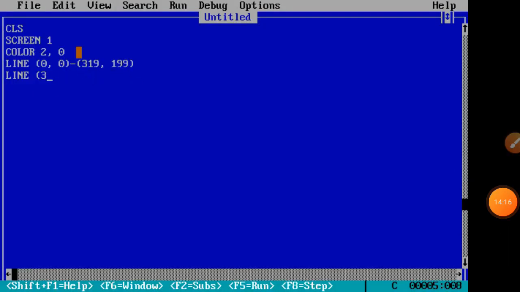Now student, let us create the triangle again. As you know, a triangle has three sides, I told you in the earlier program using PSET. Now we start with the LINE command.